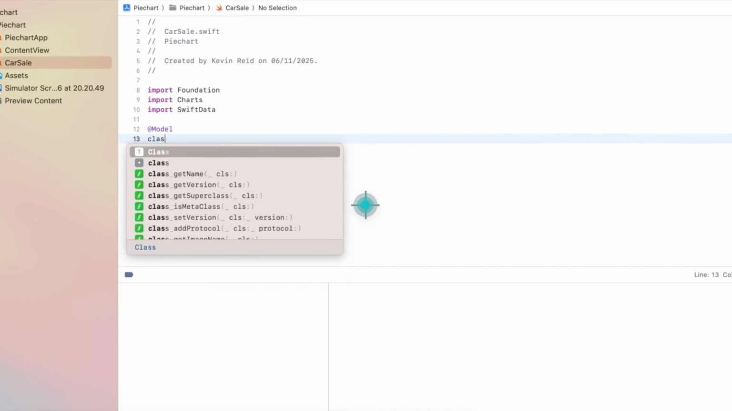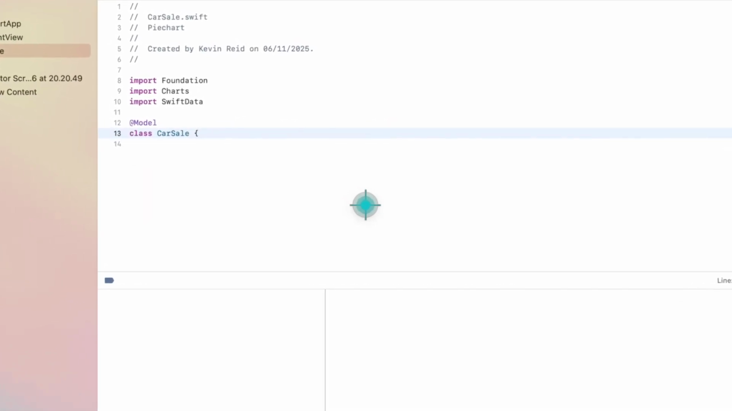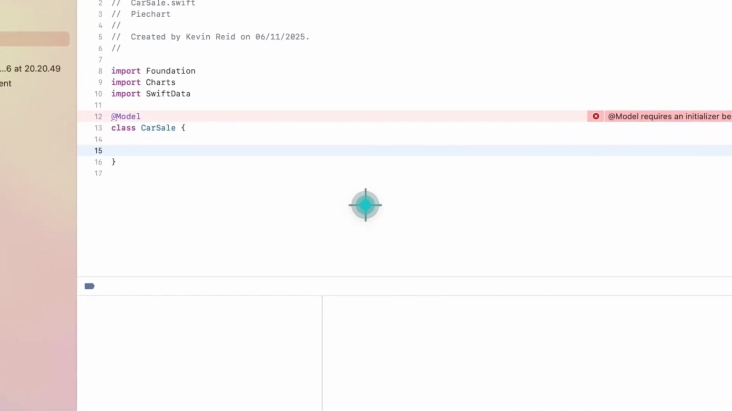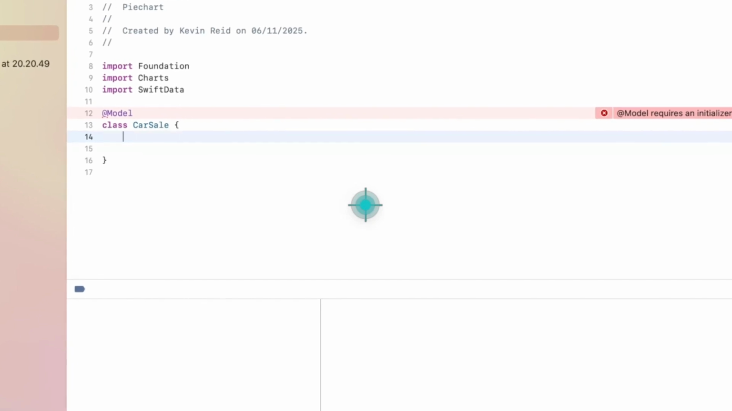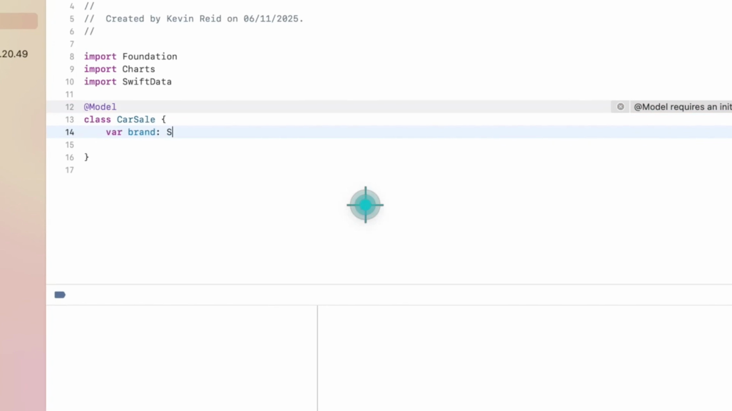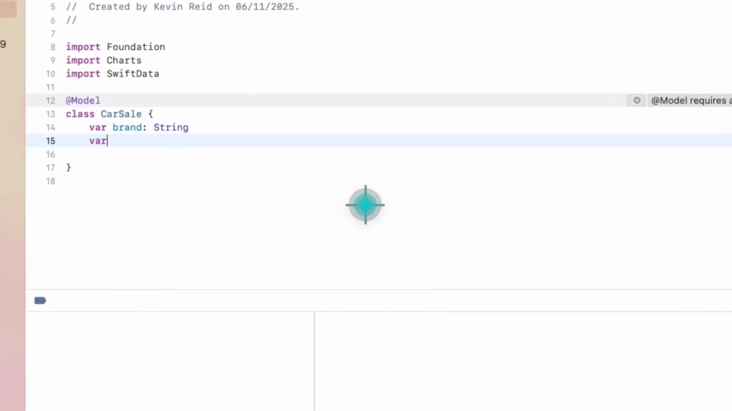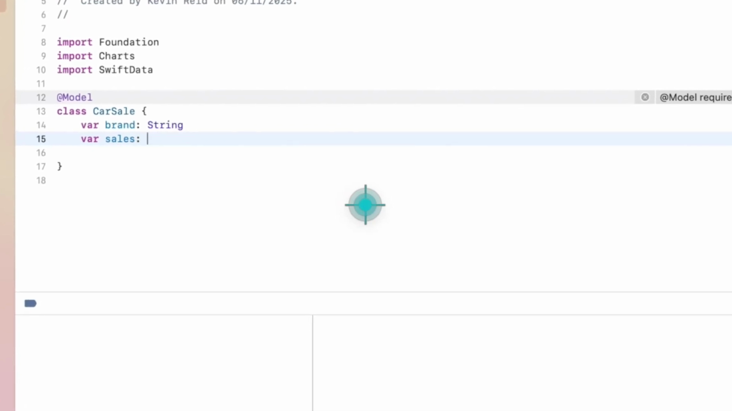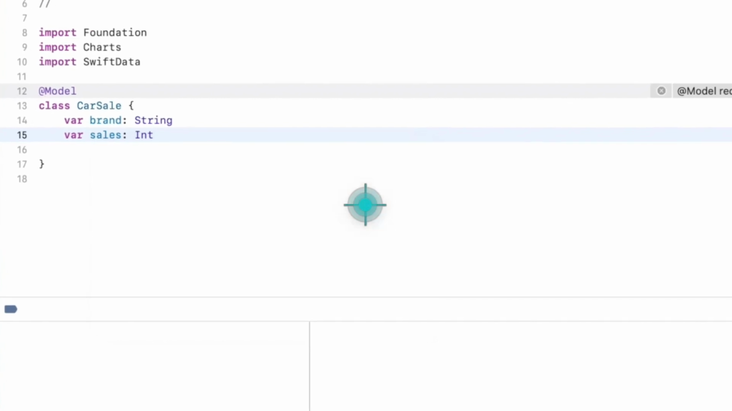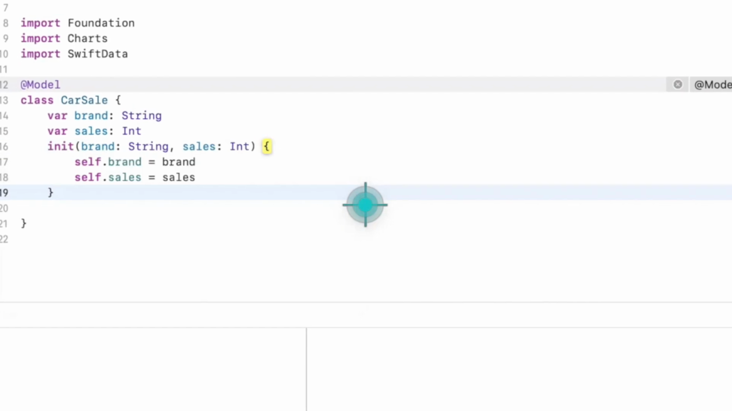class CarSale. So this is the model that will be representing the sales for each of the car types. var brand: String, such as BMW, var sales: Int, which is the number of sales for the brand, and then we need our initializer,